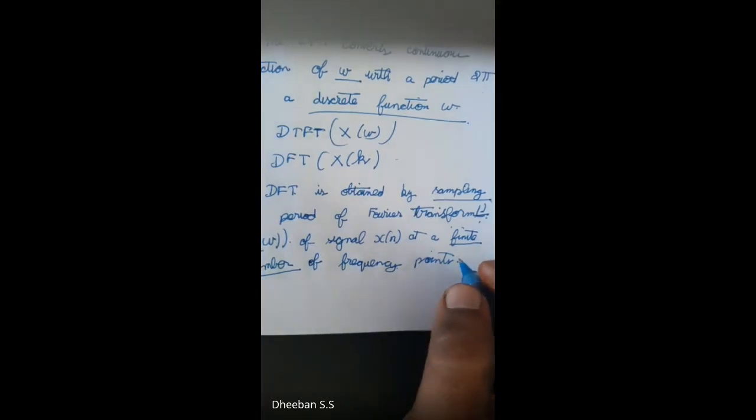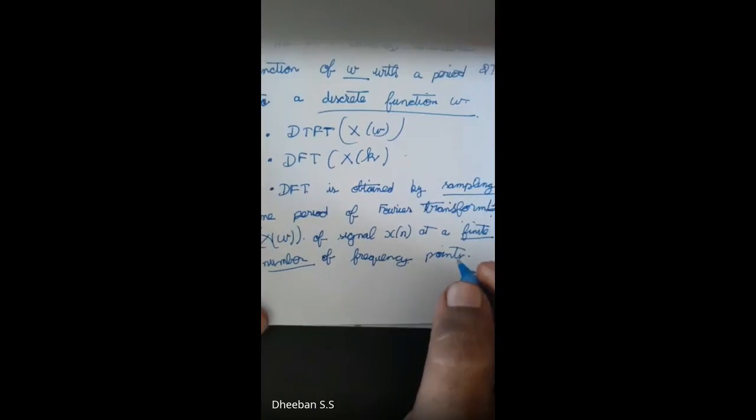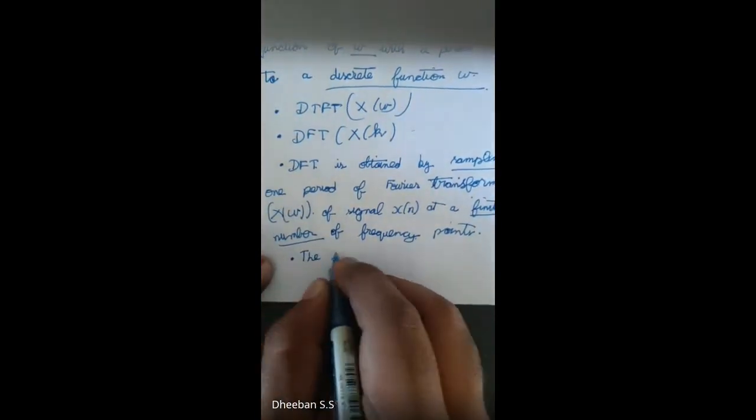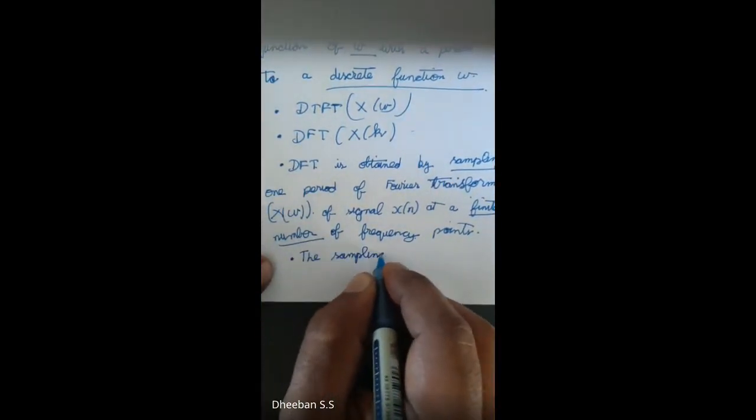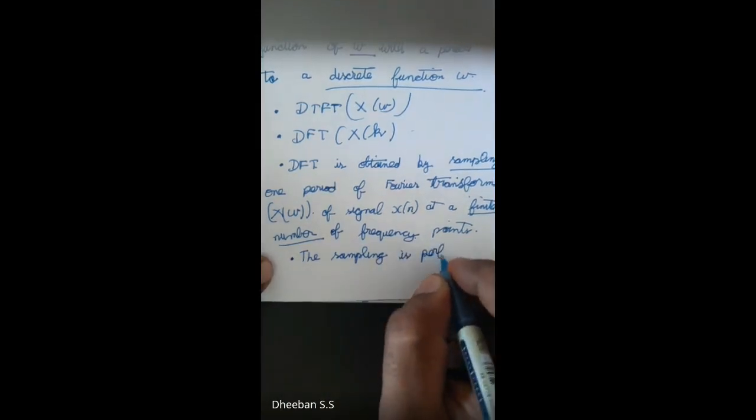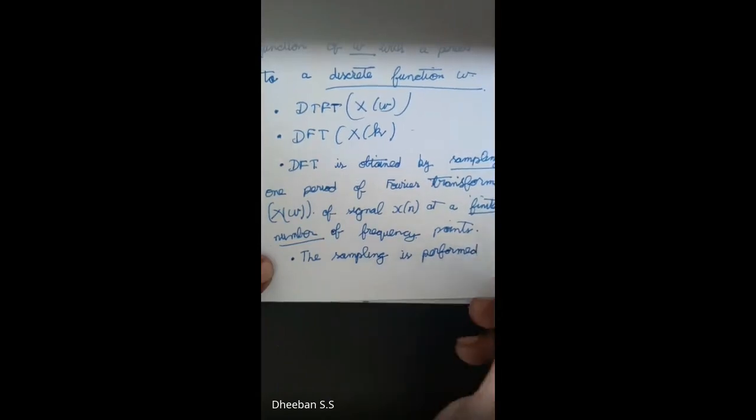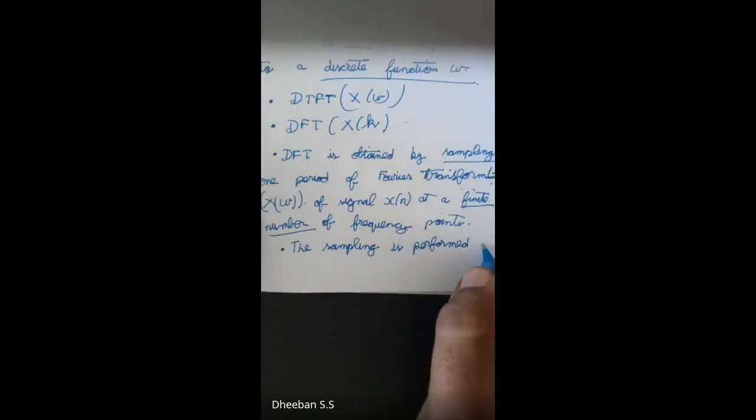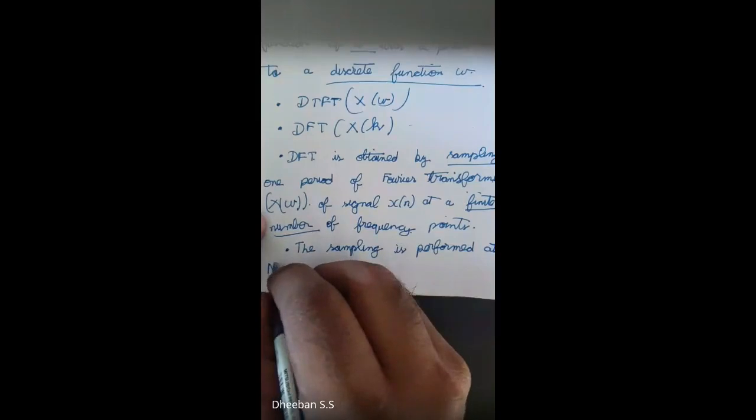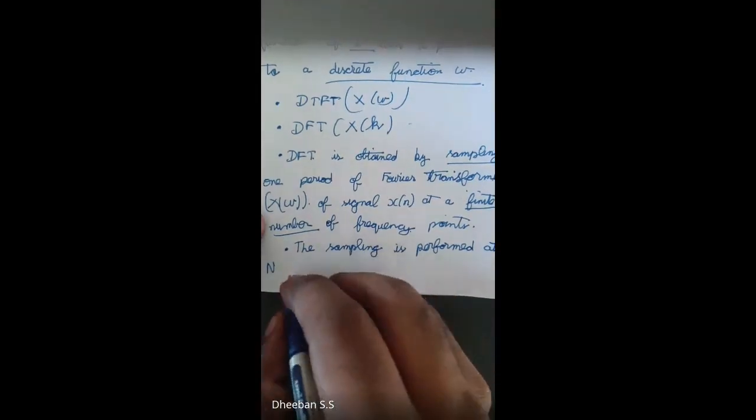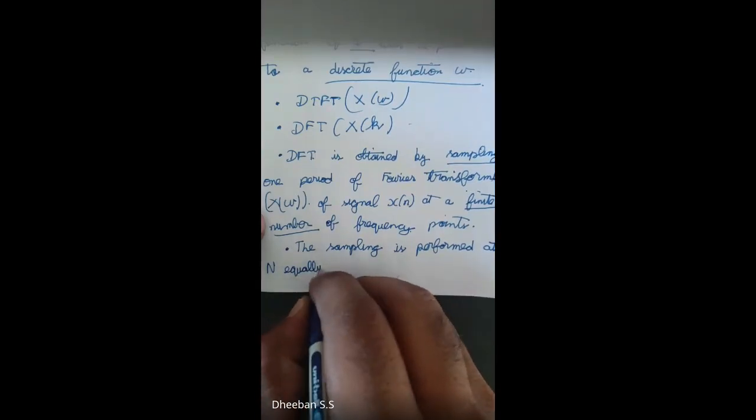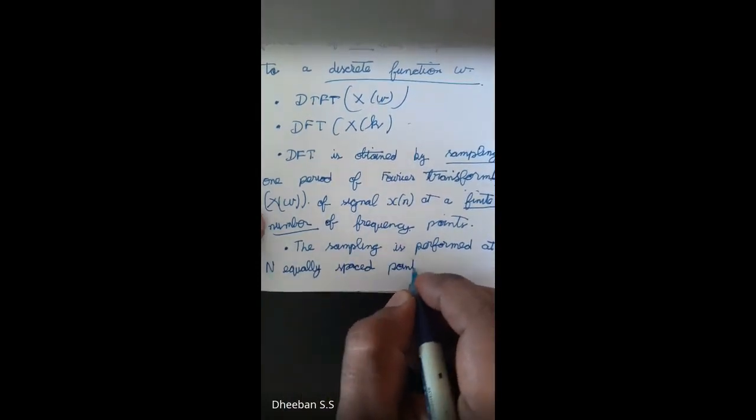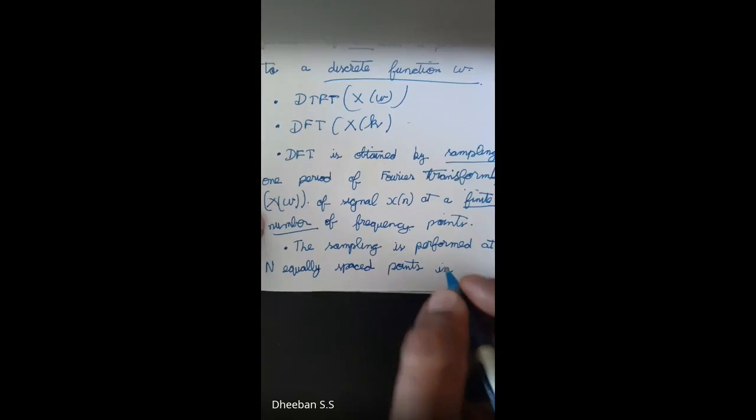So what they are saying here is the sampling is performed usually at capital N. Here you have to see capital N equally spaced points in period